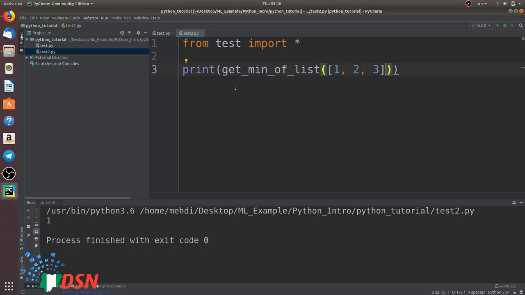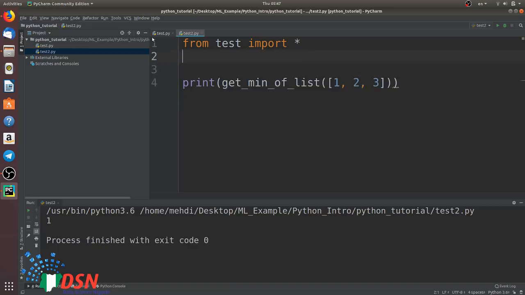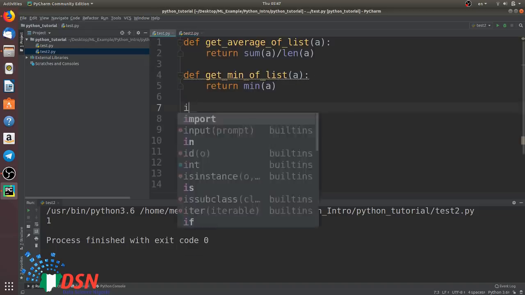But if you want to import some of the files or some of the functions from another file, it is better to write the main function in Python. Let's do this to know the difference. Let's say